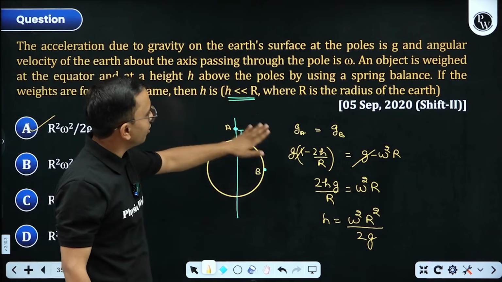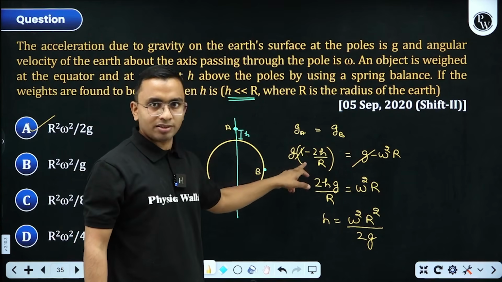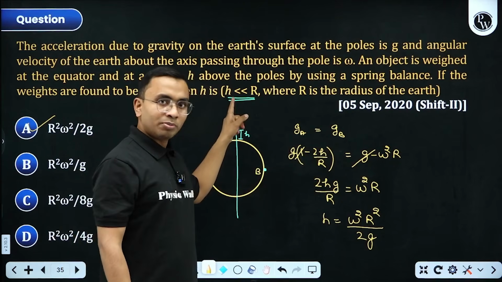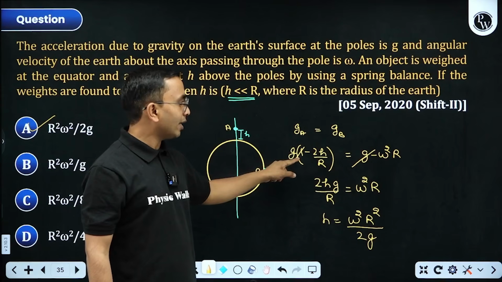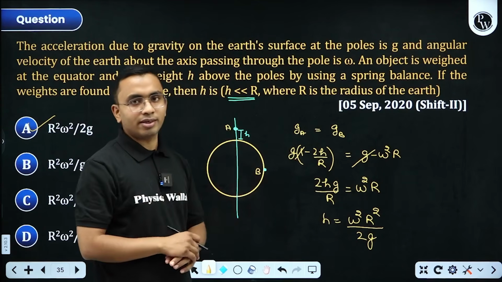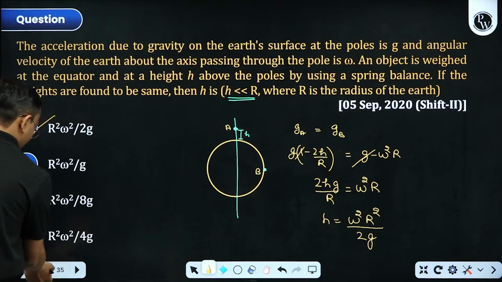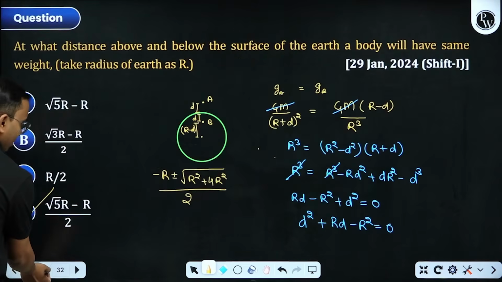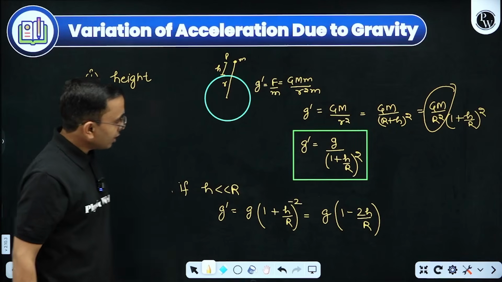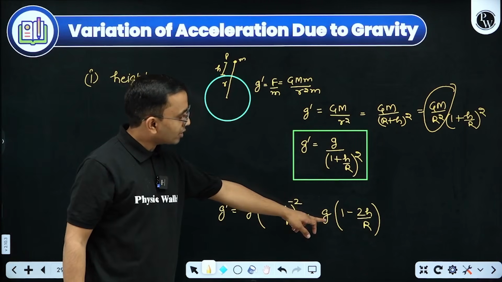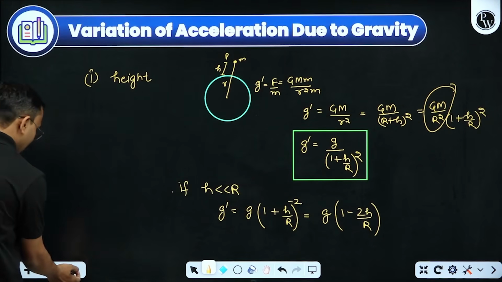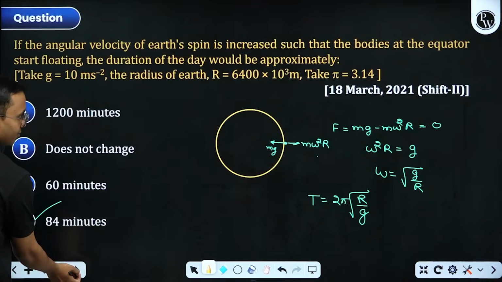This assumption was there, therefore I took the formula with the assumption, 1 minus 2h by r. Otherwise, if this assumption would not be there, I would not be writing it. I would be writing g divided by (1 plus h by r) square, like that. If you don't remember, let me come back to show you again. This formula is with assumption. This is the general formula. Then that assumption was given there, therefore I considered that.